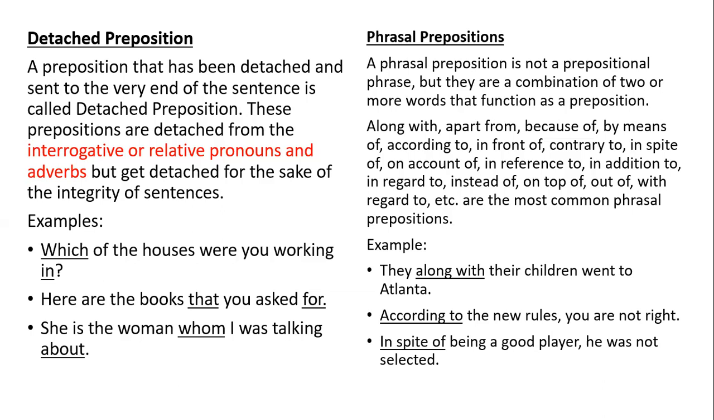ওকে, যেমন এক্সাম্পলটা দেখি, Which of the houses were you working in? আমাদের প্রিপোজিশনটা কি? ইন। আর যে নাউনটার সাথে এটা বসার কথা ছিল সেটা হলো the houses, but you can see the preposition is not with its noun. ও কিন্তু তার নাউনের সাথে নাই। কেন? Because it's an interrogative sentence. ইন্টারোগেটিভ সেন্টেন্সে যেহেতু WH এসেছে, WH এসে প্রিপোজিশনটাকে তার নাউন থেকে কিক করে সেন্টেন্সের লাস্টে পাঠিয়ে দিয়েছে।